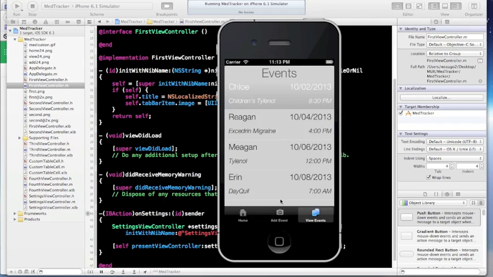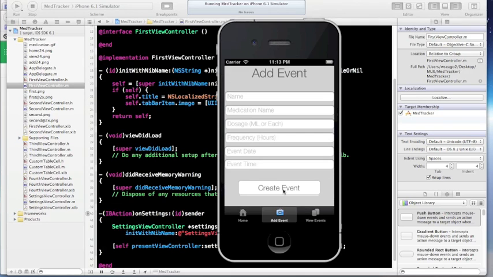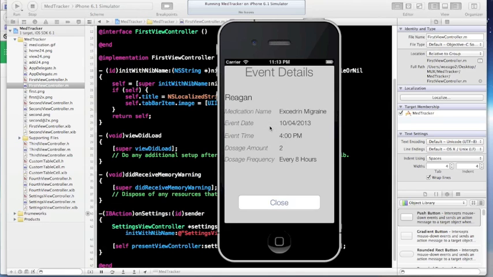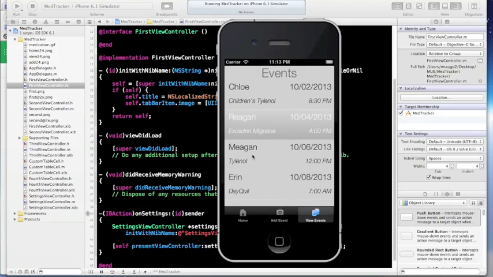And as far as the tasks that I had people do, one was just to navigate to the page where you would add an event, and the other one was to view a couple of events and actually get some information out of people, like what dose was this or what time was that, and that kind of thing. So those were the questions that I asked, and what I found was,